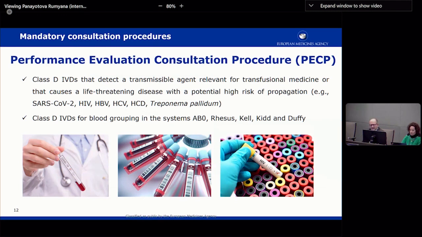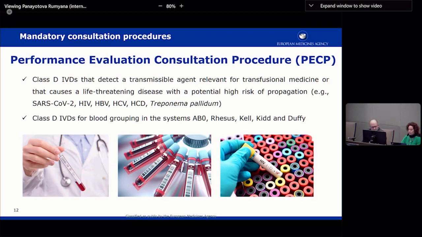One is the infectious agents that are either linked to transfusional medicine safety, or the ones that on their own have the possibility of causing a life-threatening disease and have a high degree of propagation, as was the case with SARS-CoV-2, as is the case with HIV, HPV, HCV,